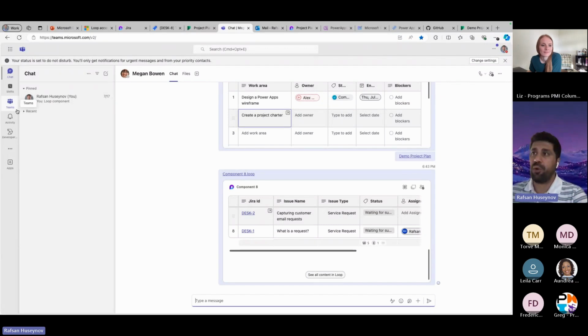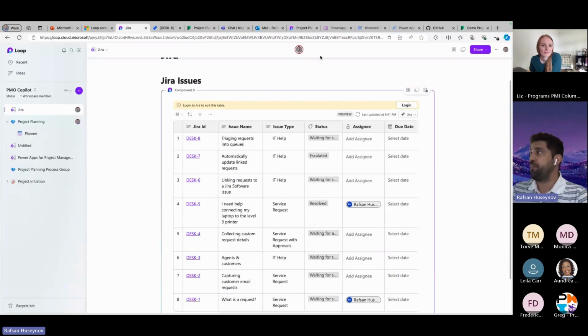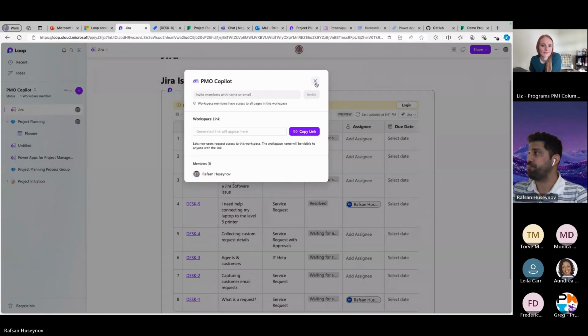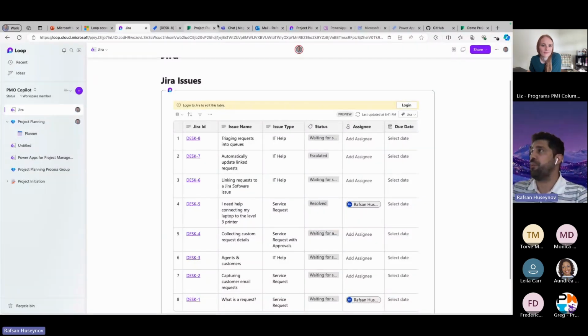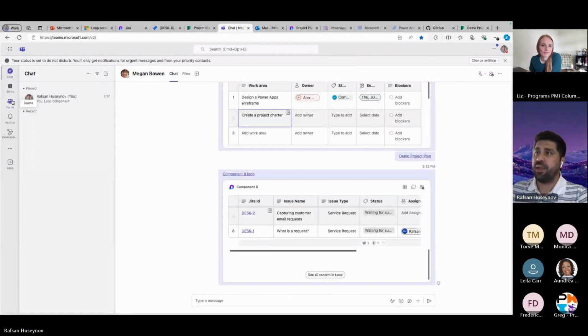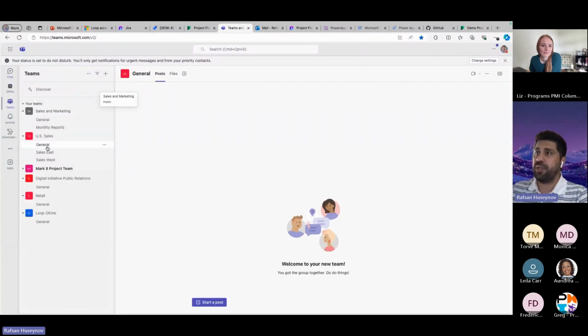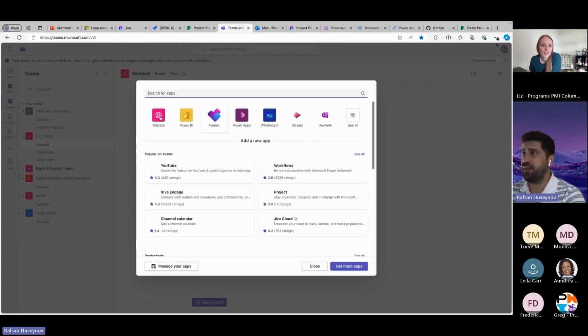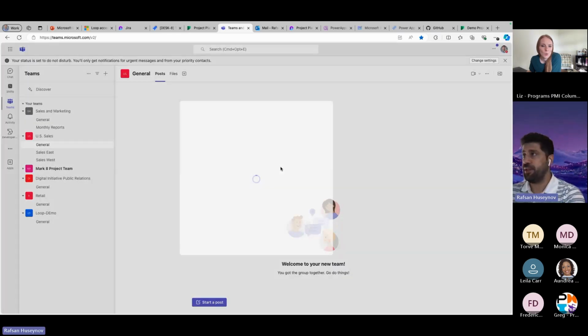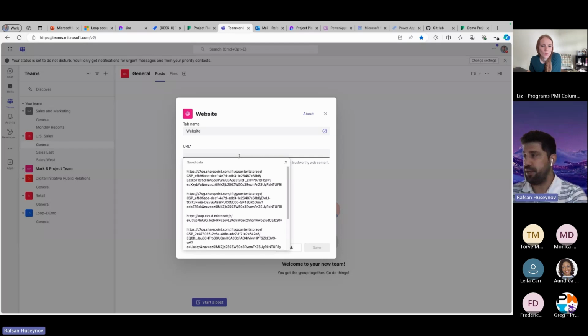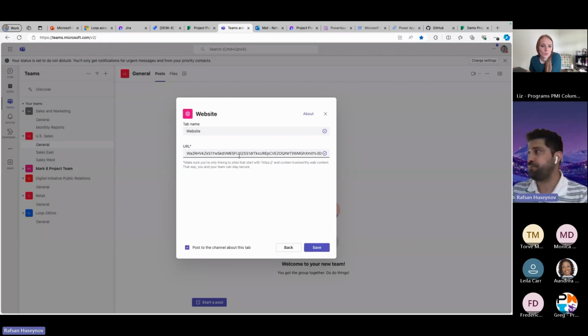But you can also bring the workspace. You can copy this. If I come back to Teams, so let's say I have a Teams channel, I can click, I can select a website. If I paste this,